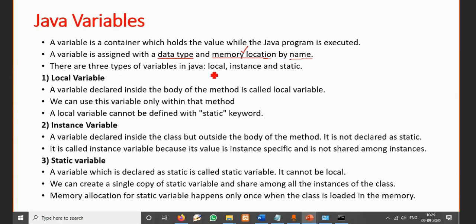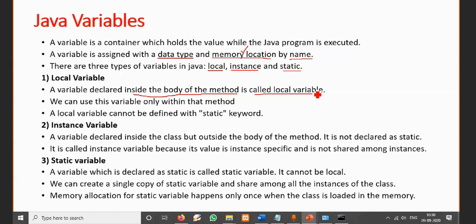So what do you mean by local variable? A variable declared inside the body of a method is called a local variable. In Java, instead of calling them functions, we call them methods. If you go into any method and define some variables inside it, those variables are called local variables. We can use these variables only within that method; we cannot use that variable outside the method.